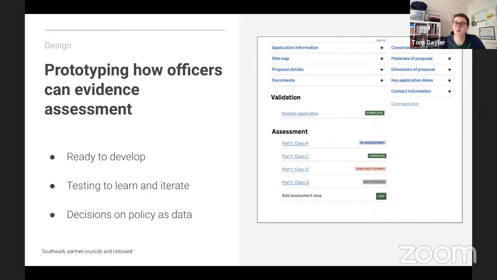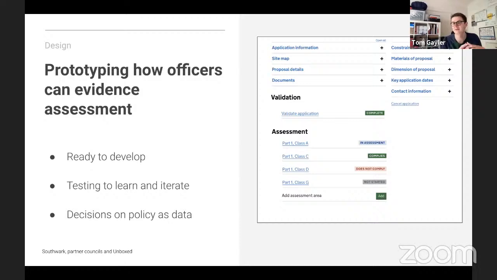And what there is now is a completed prototype that supports the assessment against policy, so that each officer is able to add a decision to a specific line of policy, whether the application that's been submitted complies or does not comply with that particular piece of policy. And so we've worked together as a team to think about the best way to build this, to prototype it, to build it, and then so that we can test, to learn and iterate from it,